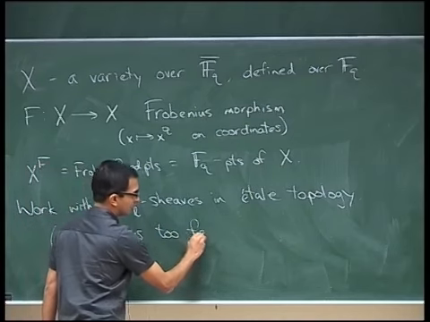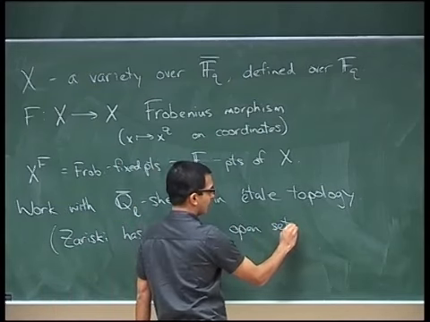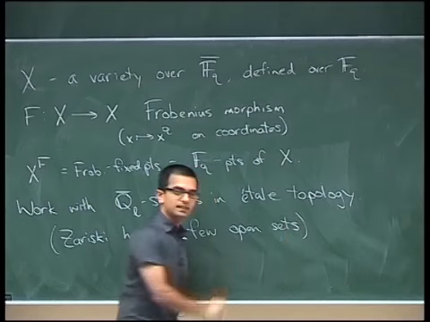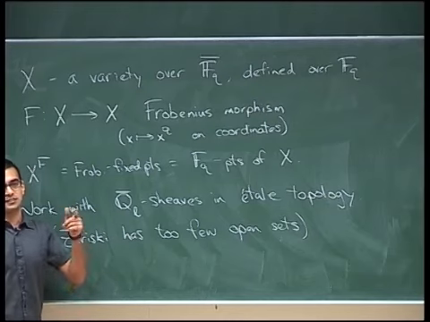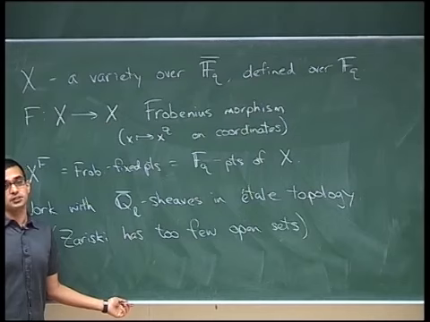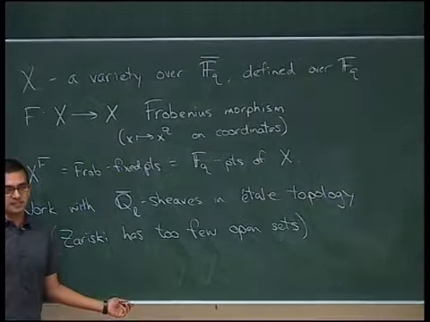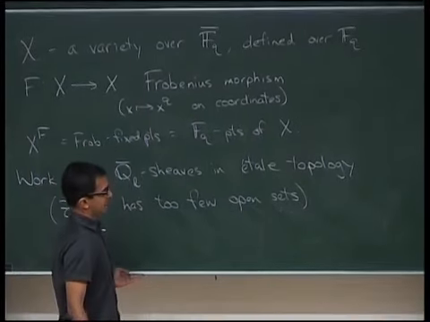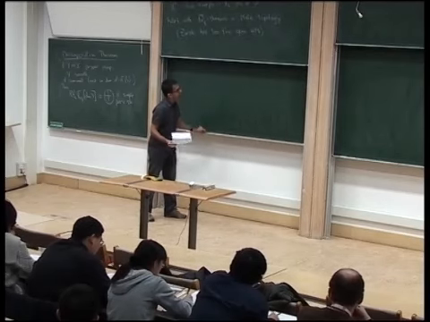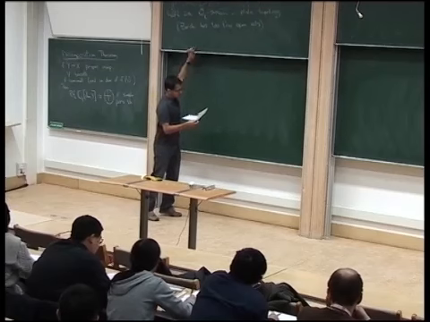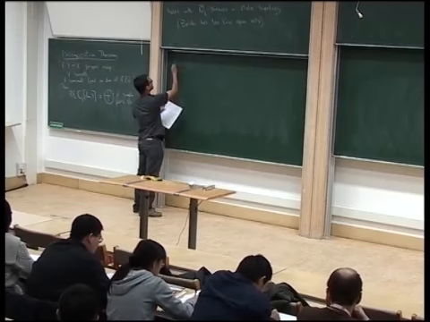So, for example, if you think of the one-dimensional complex space minus the origin, that has no non-trivial local systems in the Zariski topology. And somehow that's the wrong thing. That space really is supposed to have local systems that are not trivial. And so the étale topology is the way to fix this up.